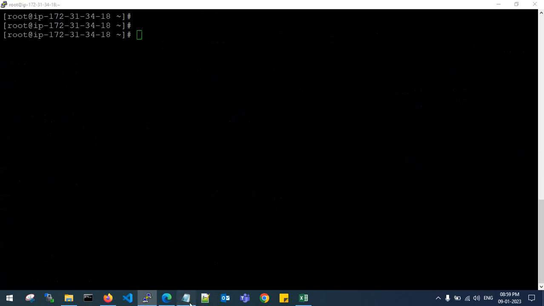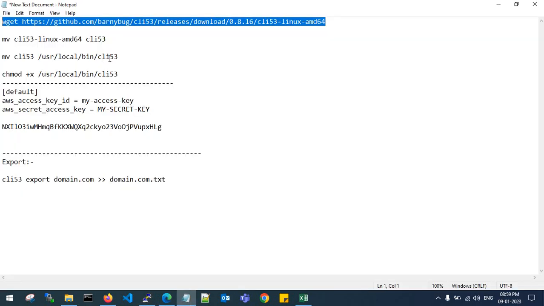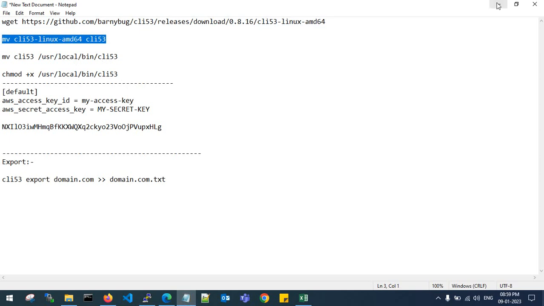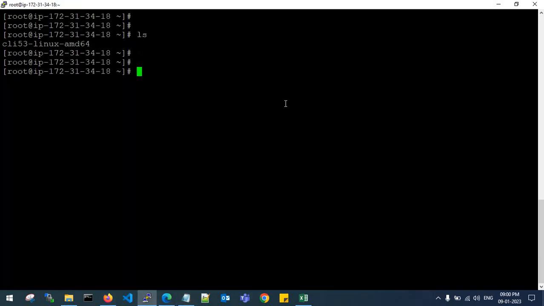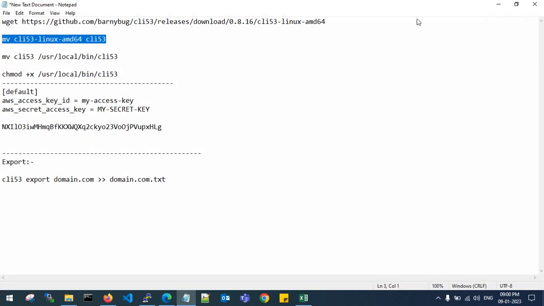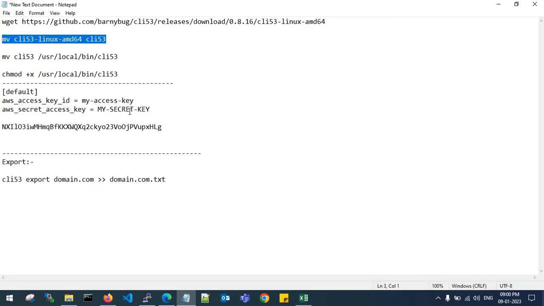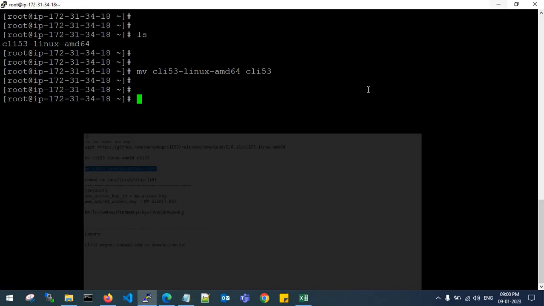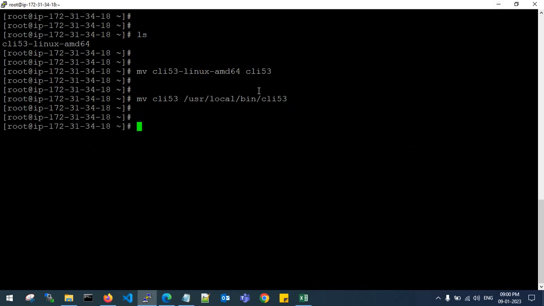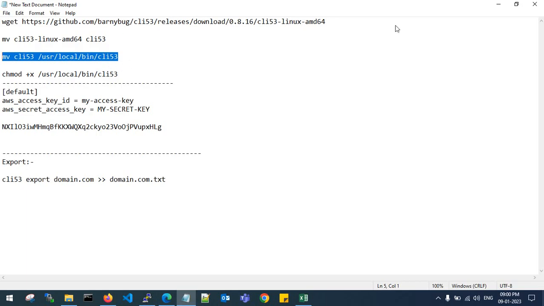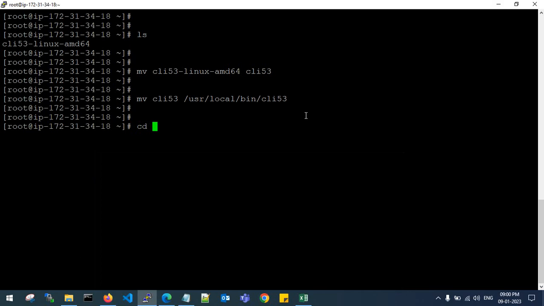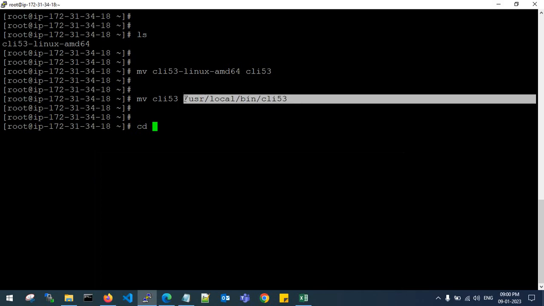So you need to move some files into the local bin as cli53. So AMD Linux. So if you see here, ls, you will find the cli53 file. So you need to copy this file into /usr/local/bin. So let me copy that, rename the file, move the file to /usr/local/bin/cli53. So if you check the file, cd /usr/local/bin